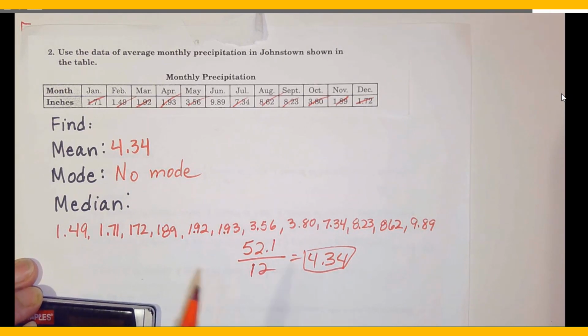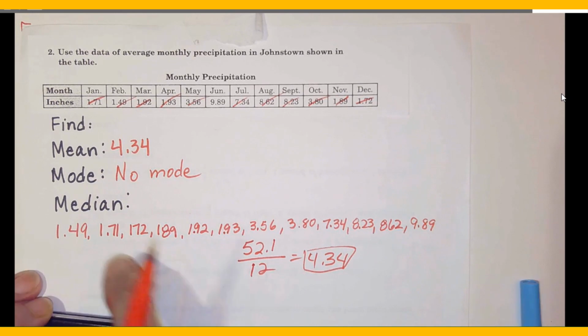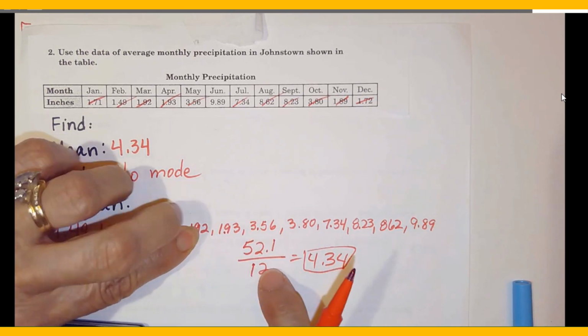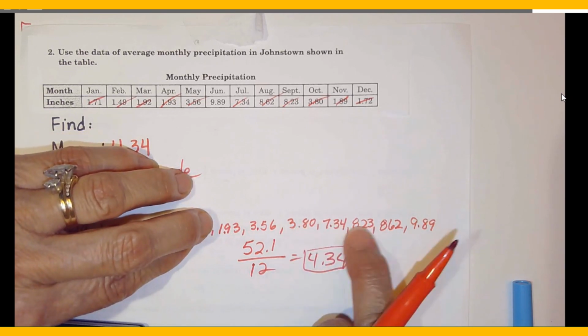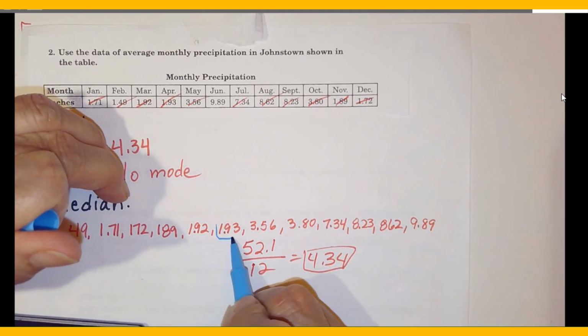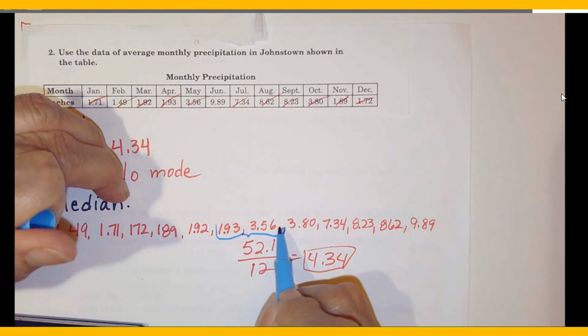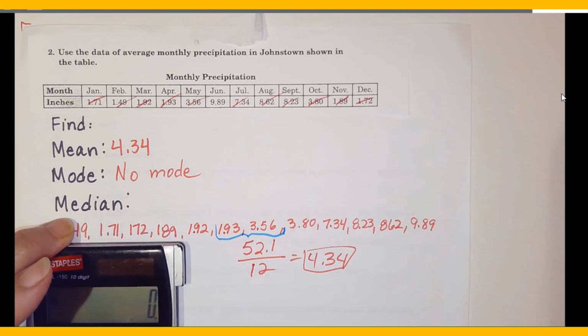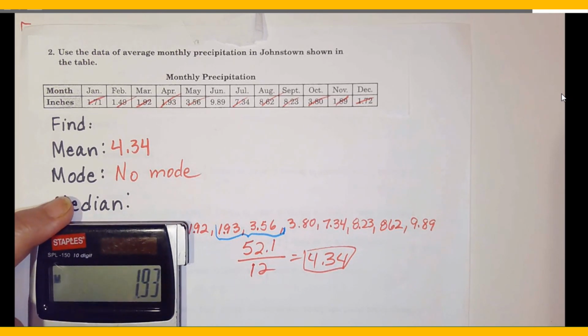And so now we have 12, so now we know we have to take the two middle ones again. So we go 1, 2, 3, 4, 5. 1, 2, 3, 4, 5. So it's these two middle ones right here. And I'll go ahead and put it on top since we have that down there. And we're going to go in 1.93 plus 3.56 equals,